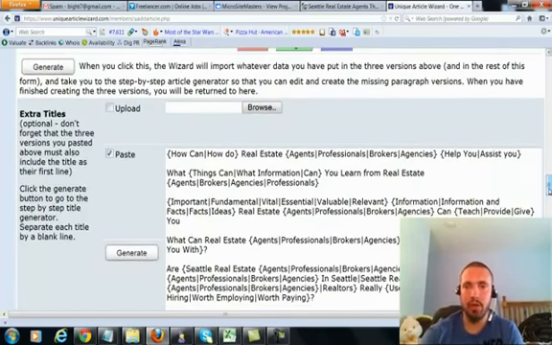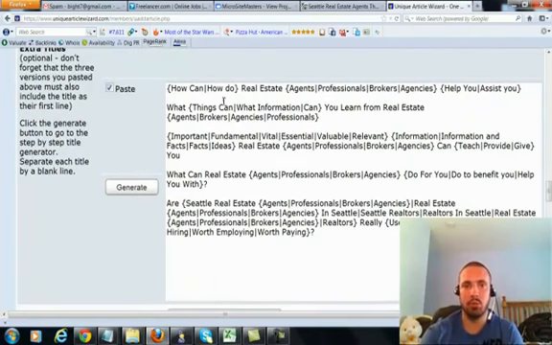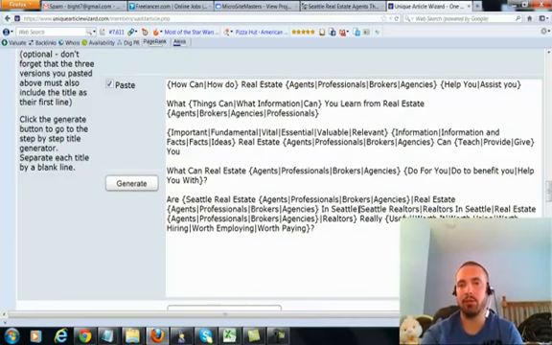Now I got 5 extra titles here. 1, 2, 3, 4, 5. Each of them are pretty well spun, so just 5 of them is okay, because this gives me about 200 unique titles here when it's all said and done, everything's spun. So that's plenty of titles right there. I shouldn't say plenty, but it's enough. I could probably create like 3 or 4 more, but this will do right here.